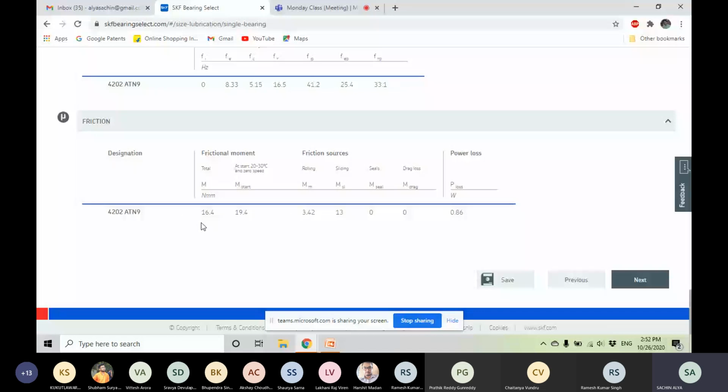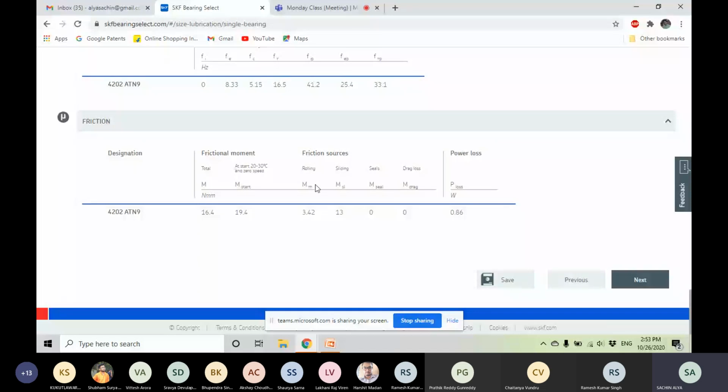So we can say that these are the frictional moments, this is the total frictional moment, and this is the frictional moment at the start, because in the start we have to exert a higher moment to start the bearing rolling. After it comes to the rolling state, the requirement for the moment becomes less. Then coming to the frictional sources, they have also specified how much frictional moment will be lost in what states.